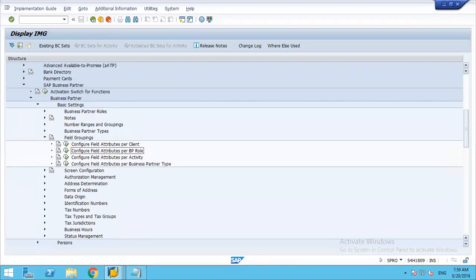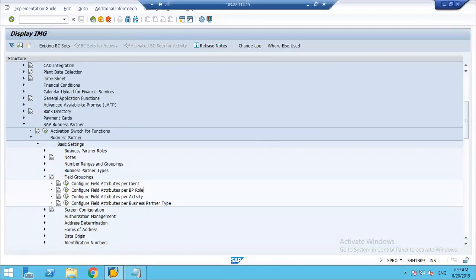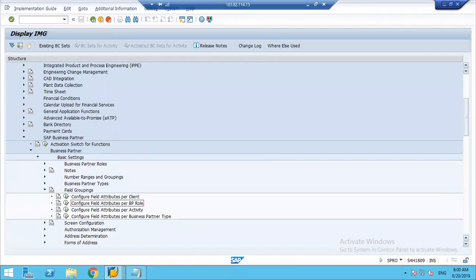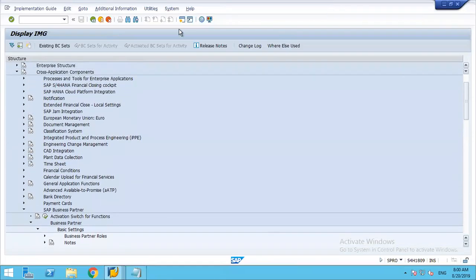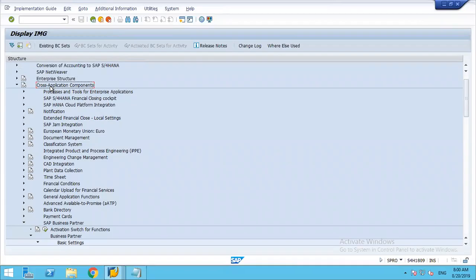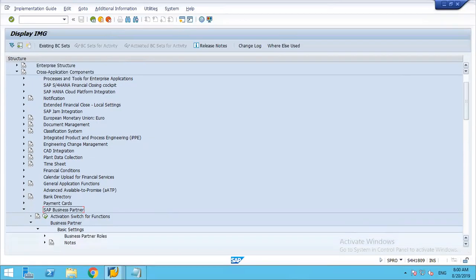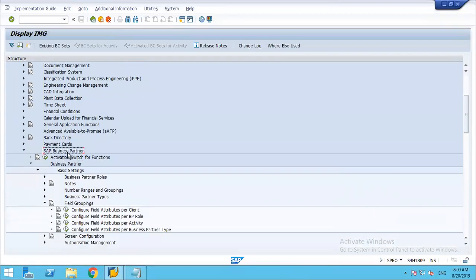The path for this is IMG, cross-application components, SAP business partner, business partner, basic settings, field groupings, and configure field attributes per business partner role. This is the most important step here. It happens automatically, of course. So the moment I execute here,